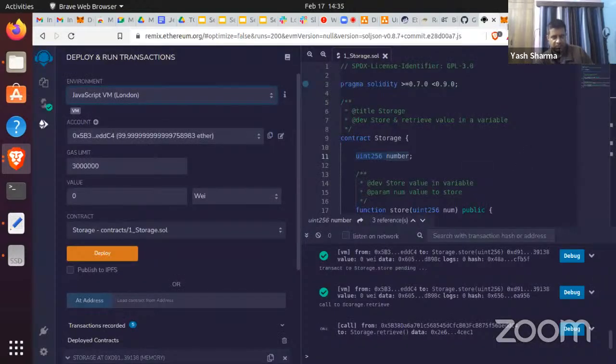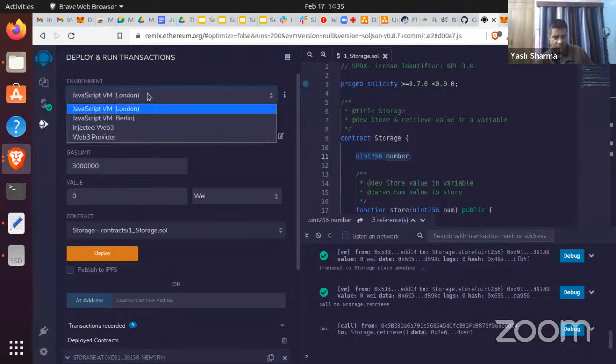Now, once I have set up my MetaMask, what I need to do is select Web3 provider, sorry,